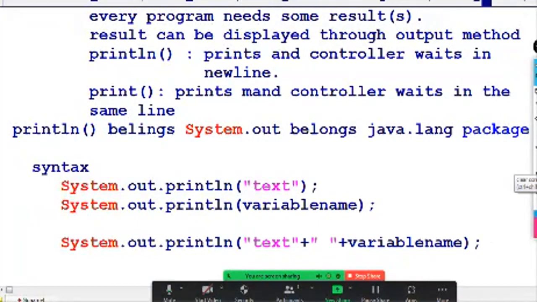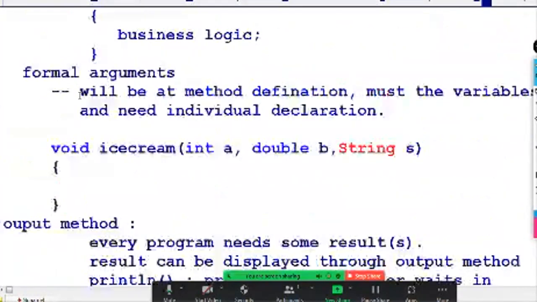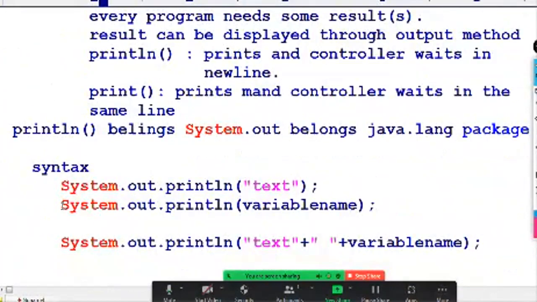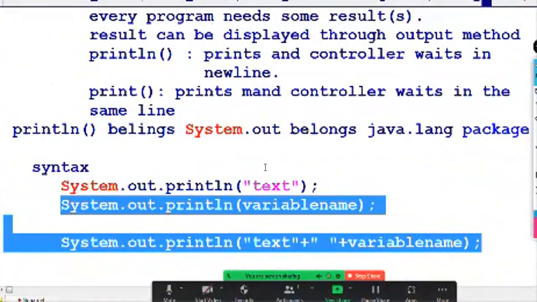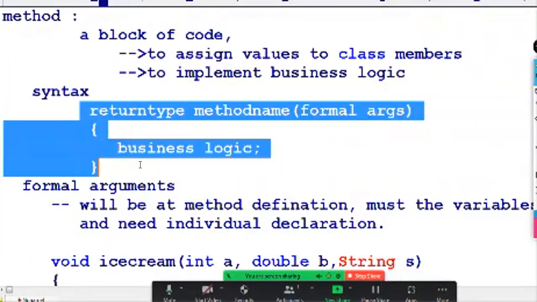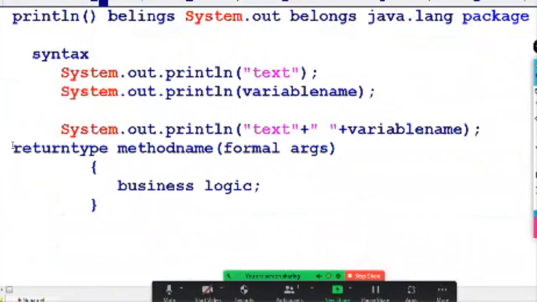Now, with this information, I can write one program to understand how it takes place. We have the method syntax, and now the System.out.println syntax. To make writing easier, I am putting both the syntax of the method and the syntax of println in one screenshot.